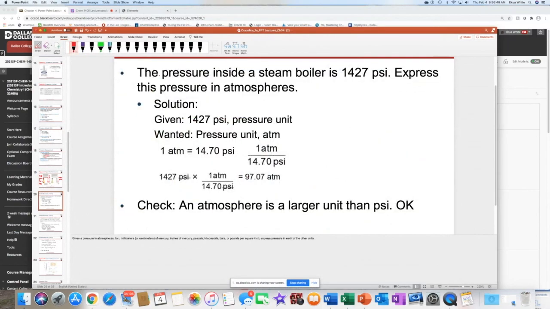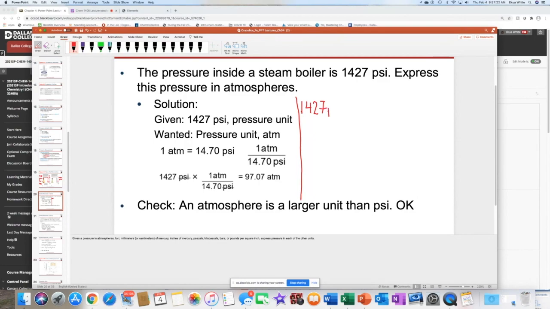Okay, so in this one here, back to the PowerPoint slide, they say the pressure inside a steam boiler is 1427 psi. Express this pressure in atmospheres. Even though it's worked on the left, let me go ahead and draw this. This is not my iPad, so I'm writing with my mouse. It's going to be a little wonky, my handwriting. So you always start with dimensional analysis if you don't know a formula. Write your given first,